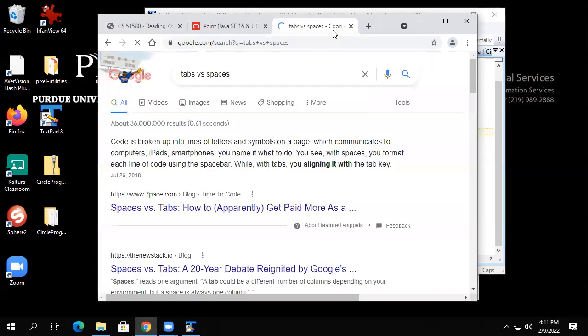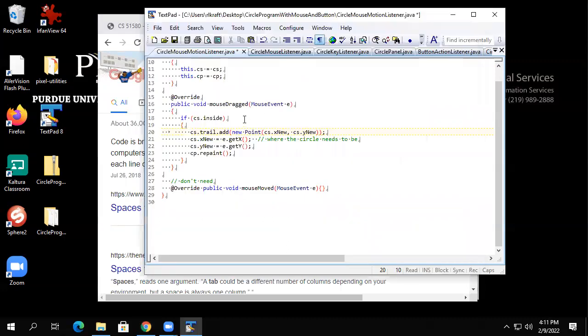And the weird part is, it's easy to get them goofed up. Tab, tab, tab, think a little while, space, space, space, type. Hit enter. Tab, tab, tab, think a little while, space, space, space, type some more code. Yeah, it's real easy to get them mixed up. And now if I go back to TextPad, when I save my code,